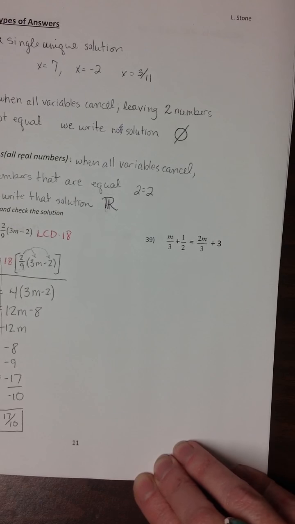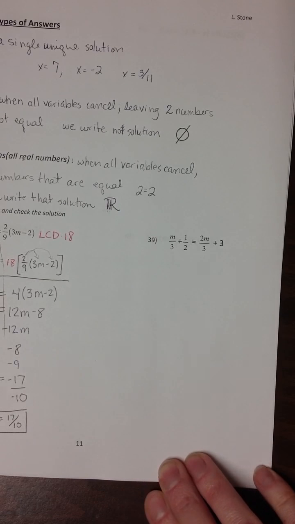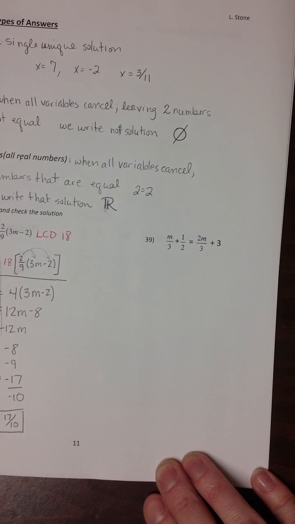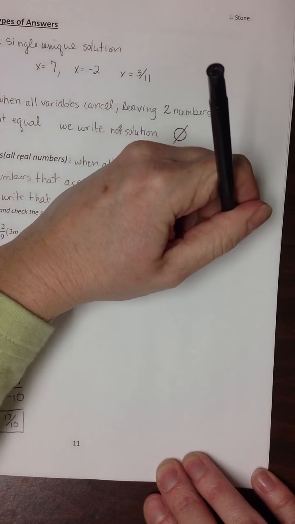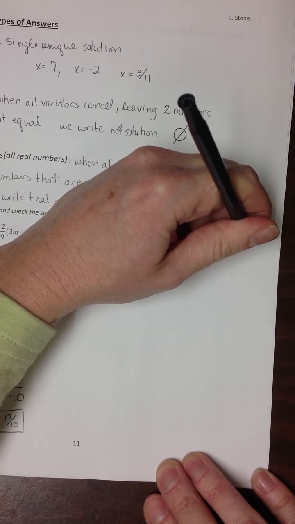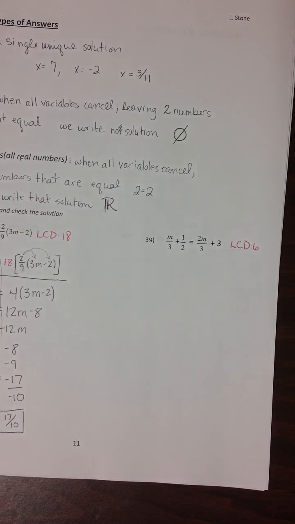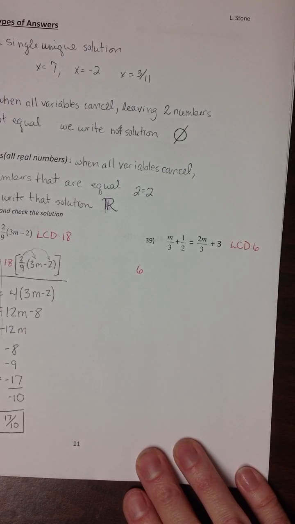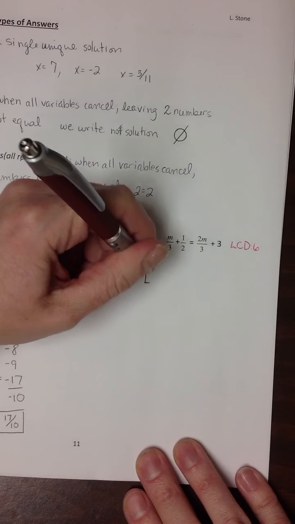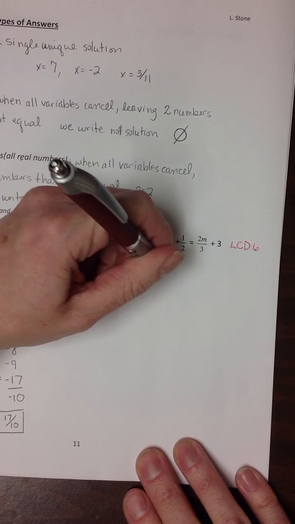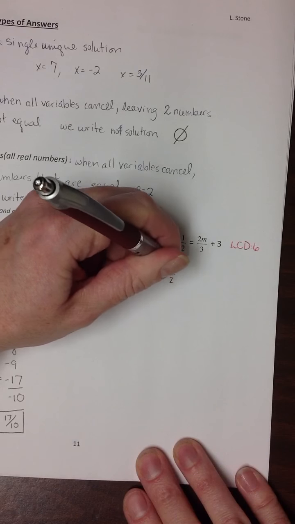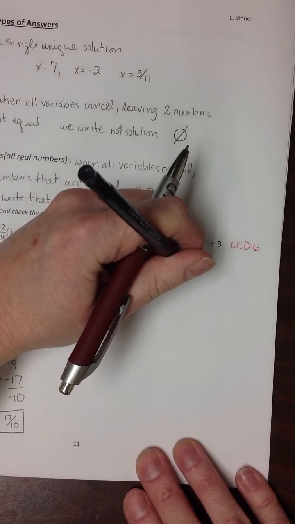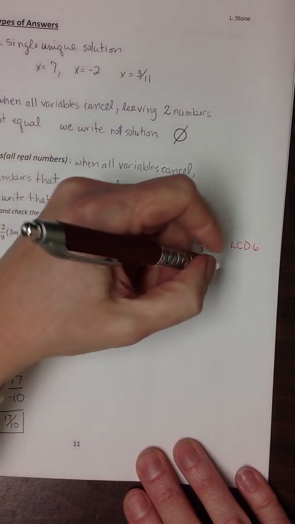Let's practice clearing that decimal one more time, or I'm sorry, clearing the fraction. The least common denominator that we have between 3 and 2 is going to be a 6. So when I multiply the left side of this equation by 6, and multiply the right side of the equation by 6,